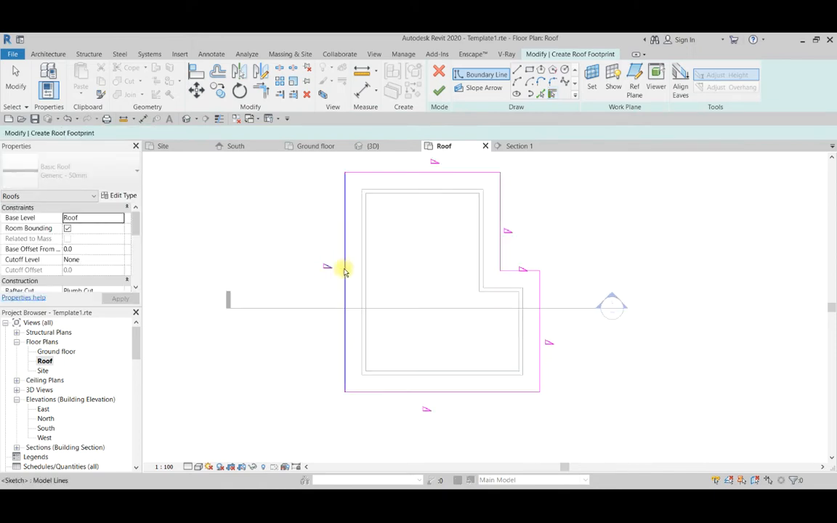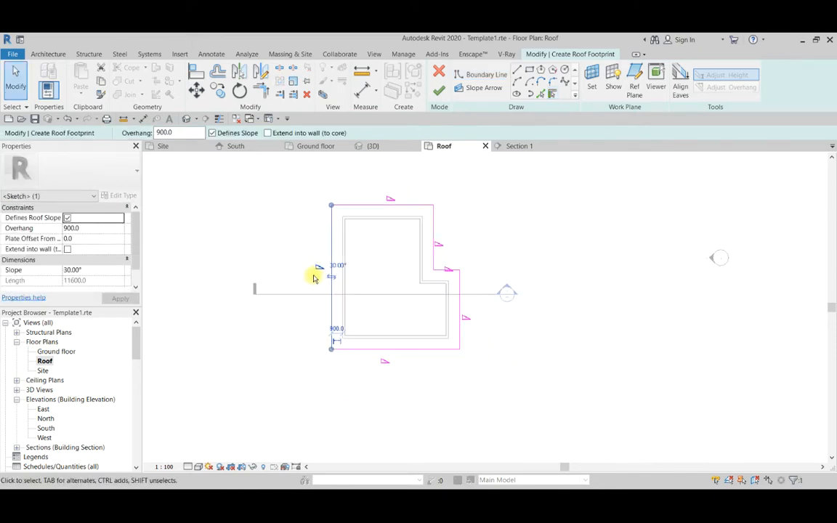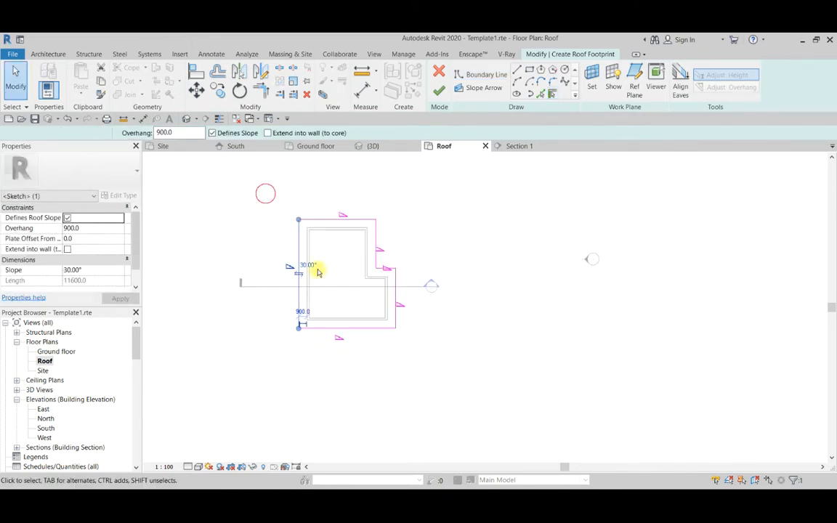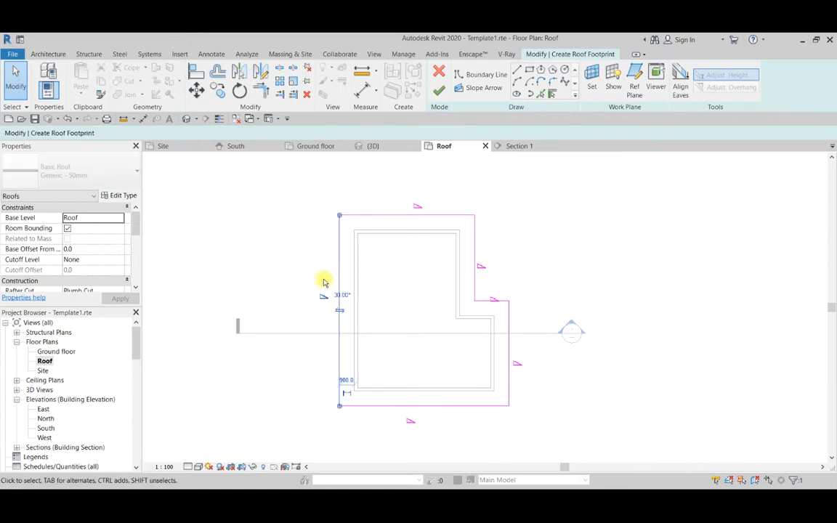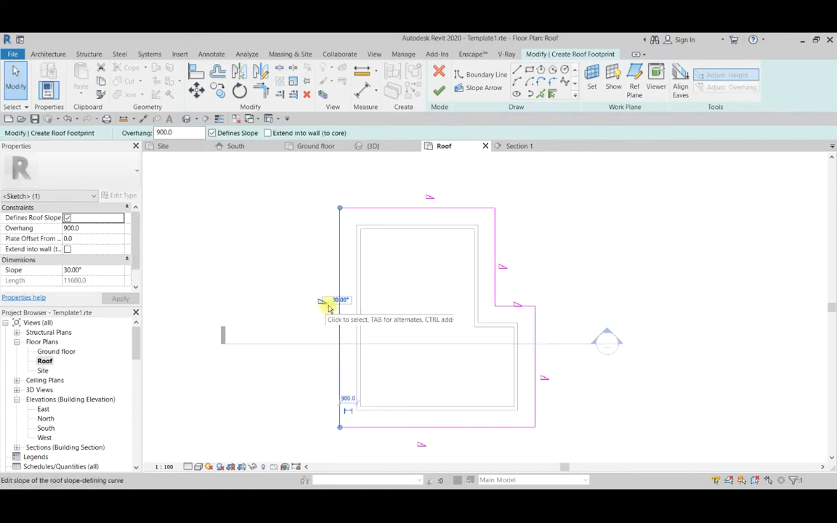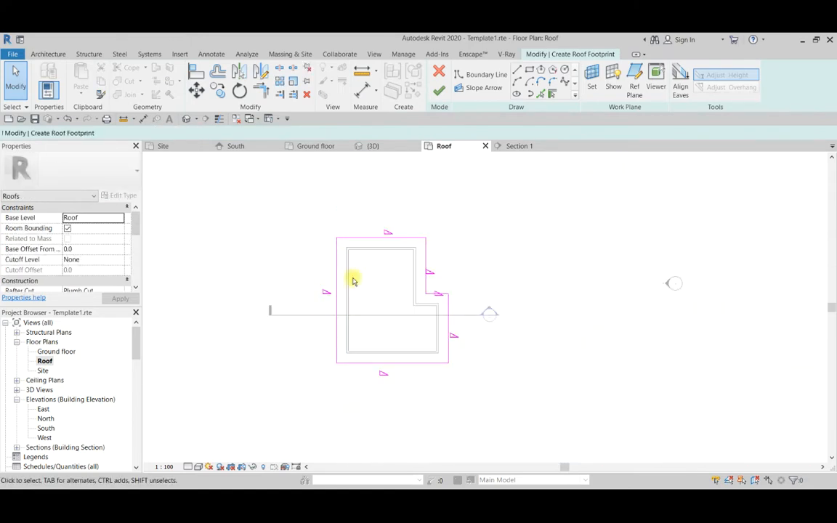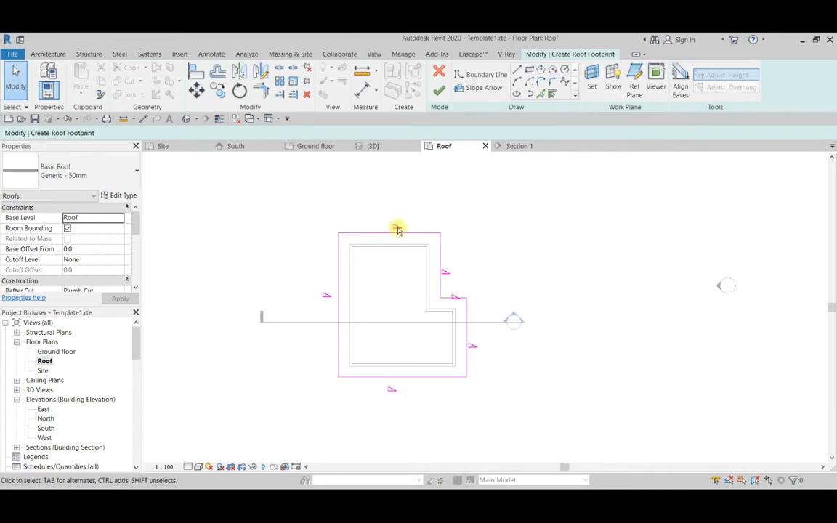Also, this one determines the sloping which you want to use. So you can select all and also change the slope from here. Okay, and you can also change the slope from the edge of the roof or the overhang. So without much waste of time, when I'm able to draw the boundary of my roof, I'll just have to click